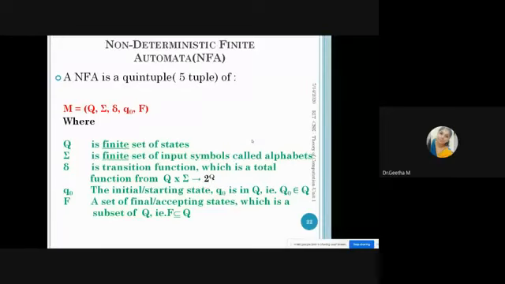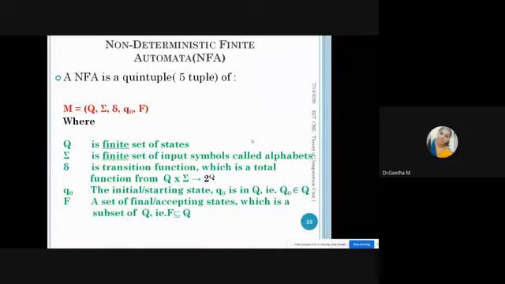Again we are going to see the definition of NFA and extended transition for NFA. Finally, the language of NFA. Whatever we have seen in DFA, again we are going to see it for NFA. Okay, first let us start with the definition of non-deterministic finite automata. The same notations are again used.